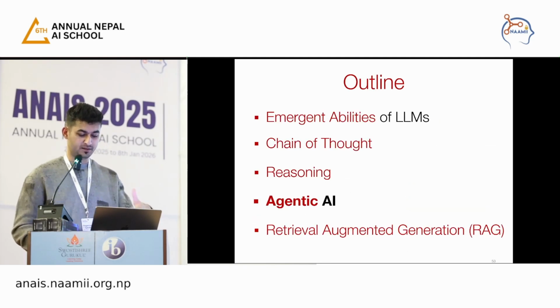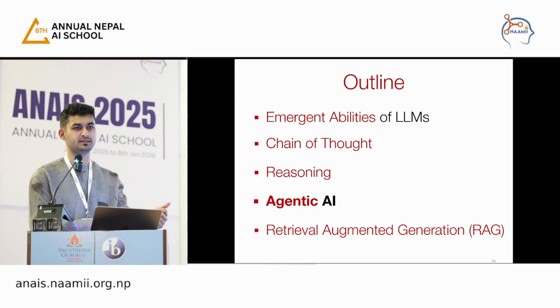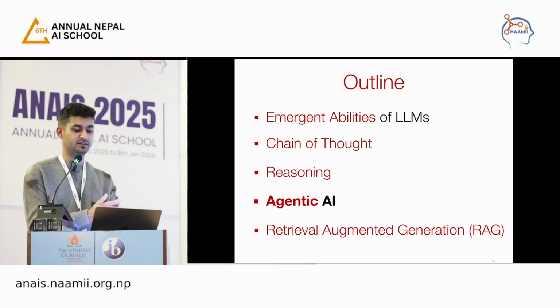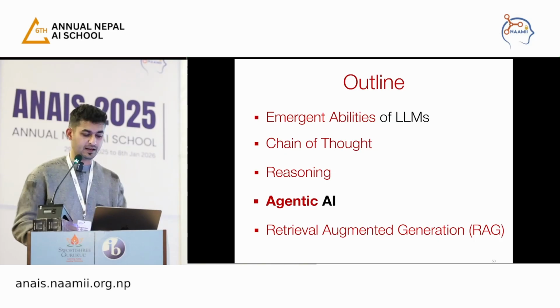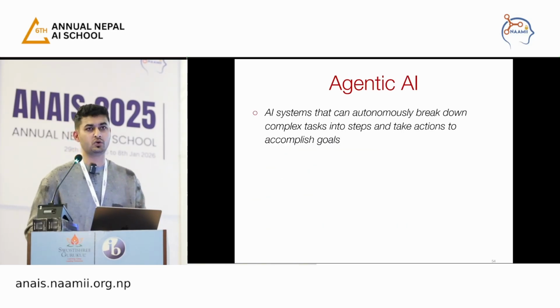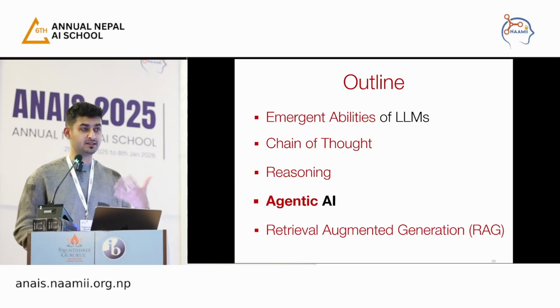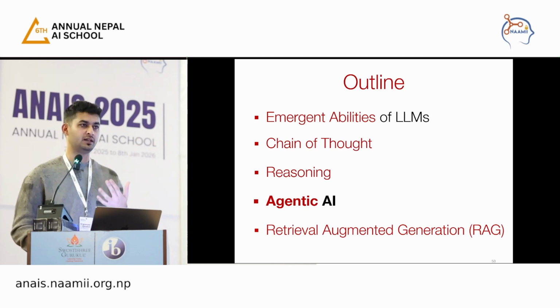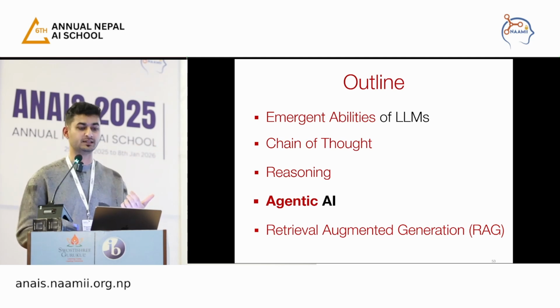Now the final two things are where most of the current frontier is progressing, and people talk about whether AI will replace humans, or AI will replace some professionals. So that's where the industry is heading. I think we have maybe 5 or 10 minutes, so I will just quickly go through these two concepts. If some of you are looking 3 to 5 years down the line at what you should work on, there are a lot of open challenges in precisely these two areas, specifically agentic AI as well.